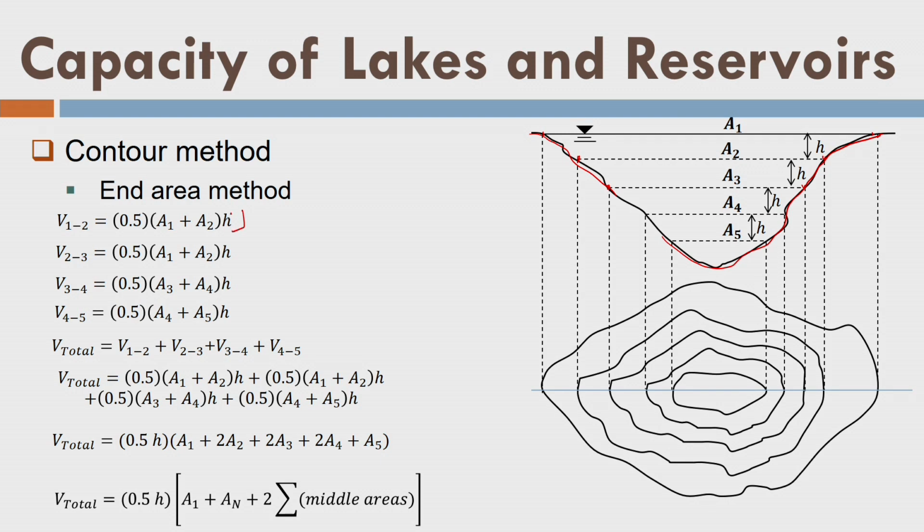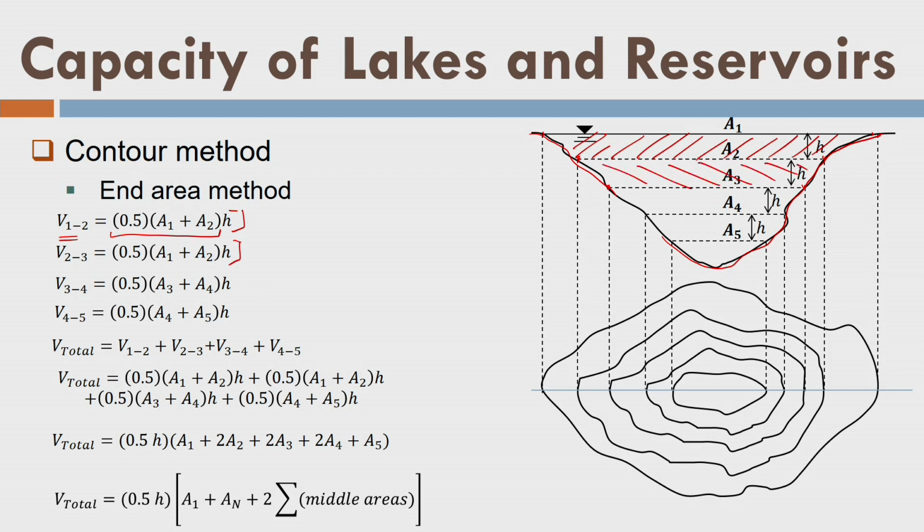Now, we have divided this section into different levels, and at each level I am determining the area, which is planimetric area A1, A2 and so on. Now, by using simple mathematics, I can write the volume between section 1 and 2. So, I can say here, the average of the area into height, that is my volume of the water. Similarly, I can write for each section, for this section like this and so on.